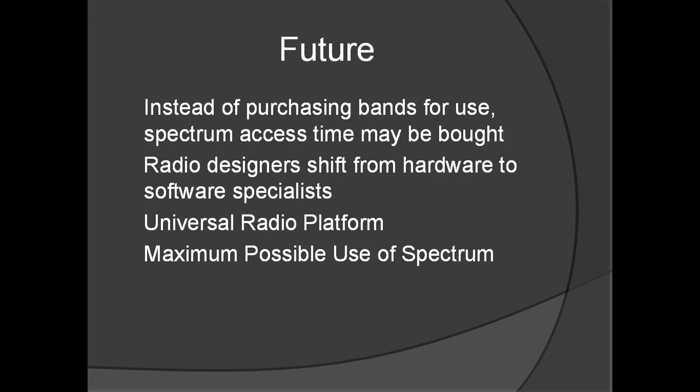Also, as old devices fade out and new devices take over, as all of them are equipped with this ability, you'll have almost a universal radio platform. So over time, basically every wireless device will have the capability to communicate with every other wireless radio device. With the cognitive radio, we are maximizing the use of the spectrum. Ultimately, extrapolating into the future, you could find a time with even this scheme, you could potentially fill up all of the available spectrum. However, under the current scheme, this is going to happen much quicker than if we transition to this